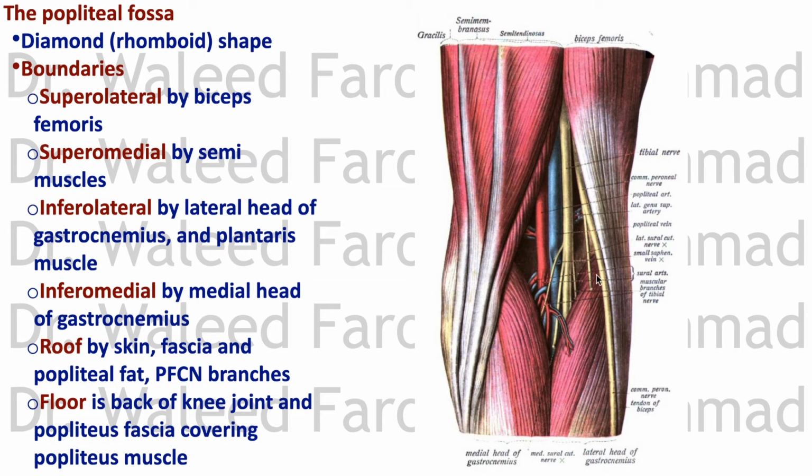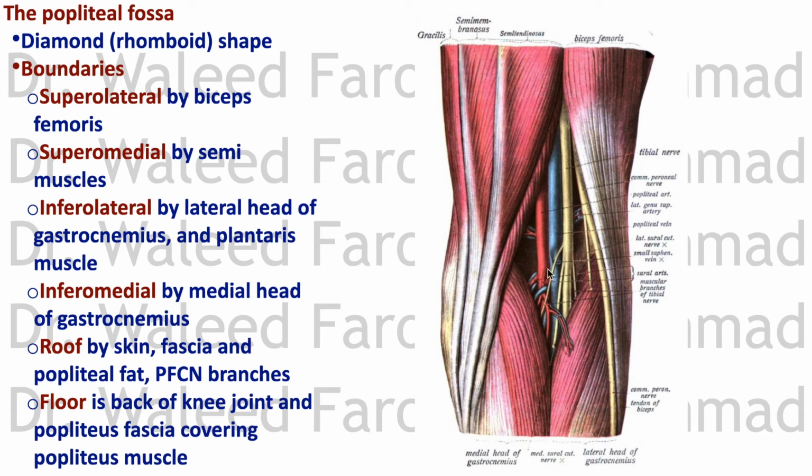This is the lateral side, this is the medial side, so this is the right knee. It's a diamond-shaped area, superolateral by the biceps femoris muscle, superomedial by the semi-muscles, the semitendinosus and semimembranosus, infralateral by the lateral head of gastrocnemius and the plantaris muscle, inframedial by the medial head of the gastrocnemius, the floor by